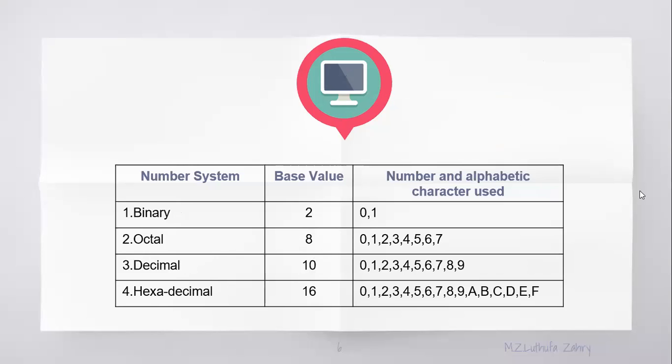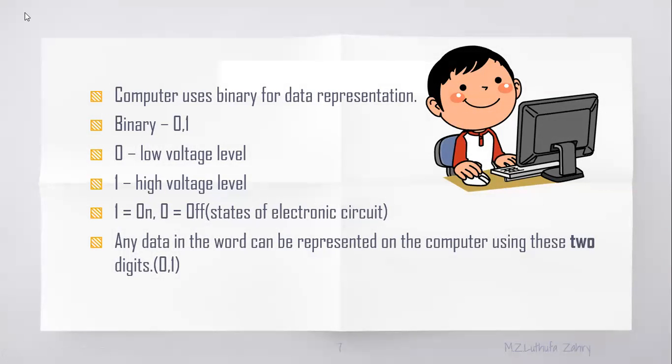We'll move to the next part. As I said, when you input something into a computer, it will convert it into the binary format. It is not going to understand other languages, any language you input, any hello or any words or letters. It will convert it into the binary format so that it can understand. Binary is the format used in computers mainly for data representation.